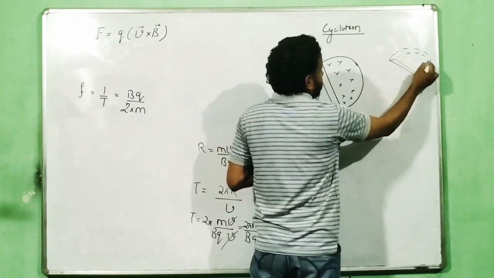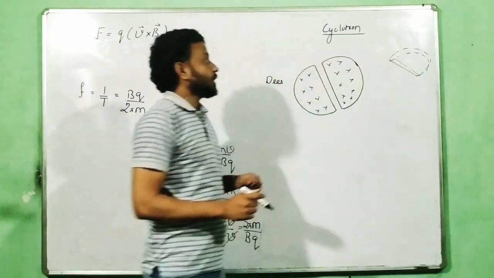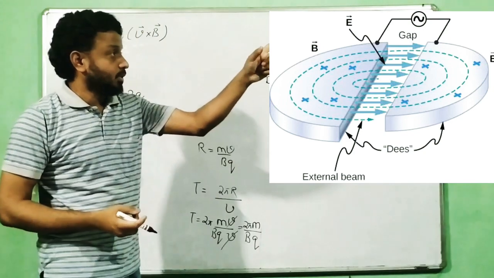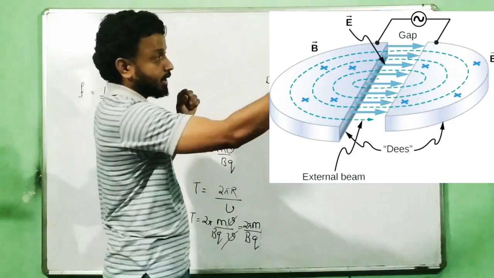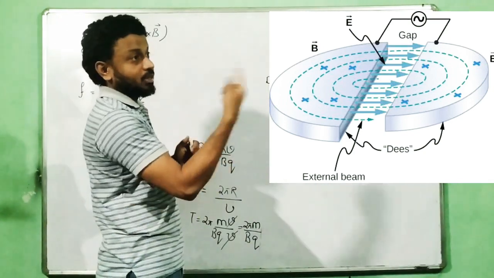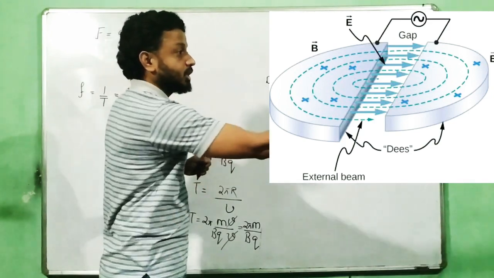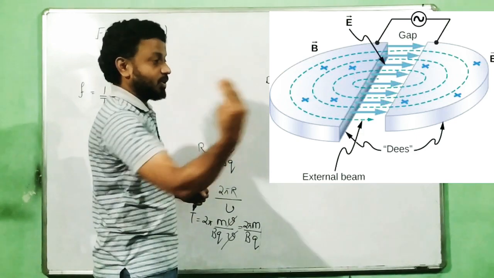Okay, so this is the hollow part. The best thing is it will appear on your screen right now. This is how it will look. You can see here this is the hollow part, and in that hollow part only we release the charge. So the charge moves inside the hollow part, but the structure is in D shape: one D on this side, one D on this side.